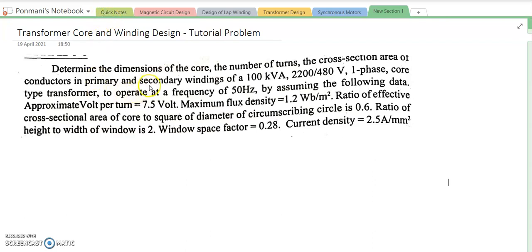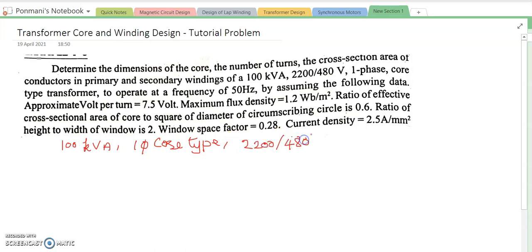So it is a 100 kVA transformer. So we are writing 100 kVA single phase, 50 Hz core type transformer, and the rating is 2200/480 volt, 50 Hz. So this is one set of data, and then it is given that